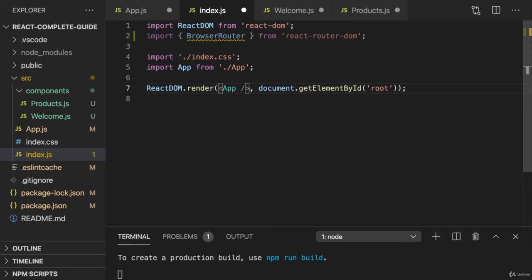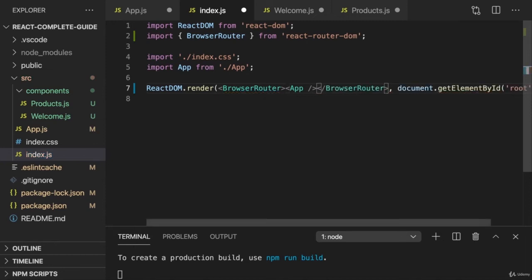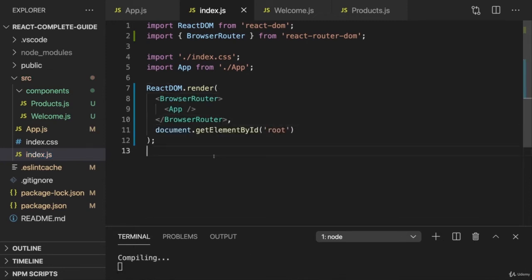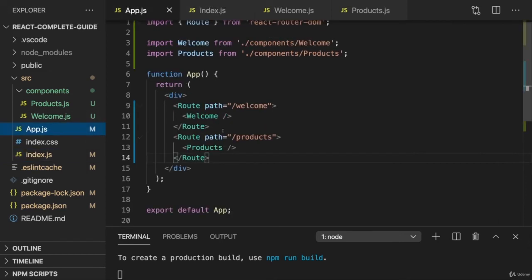And we simply need to wrap the overall app, so this root app component, with this BrowserRouter component. That's all we have to do here, but this will then activate React Router and unlock